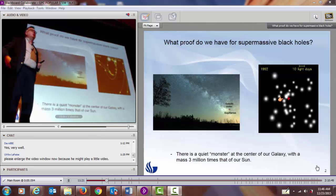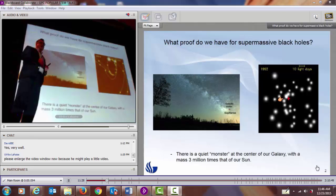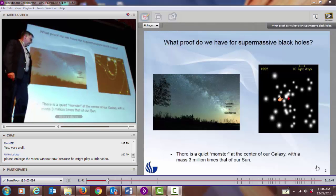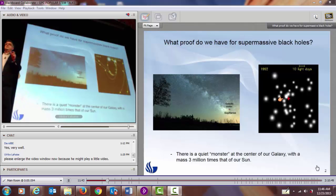And I don't know how many of you had astronomy, but if you have, you certainly heard of Kepler's law, right? So Kepler's third law allows you to actually measure the mass of this unseen object in the middle of the galaxy by following the orbits of these stars. And when you measure the mass, it turns out that there's a mass there that we don't see of about 3 trillion solar masses. So we know that there is a supermassive black hole in the center of our galaxy,